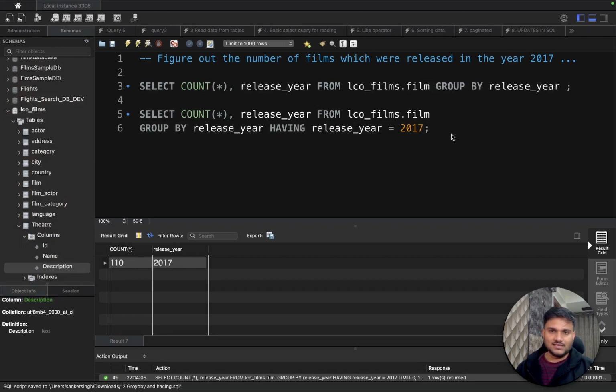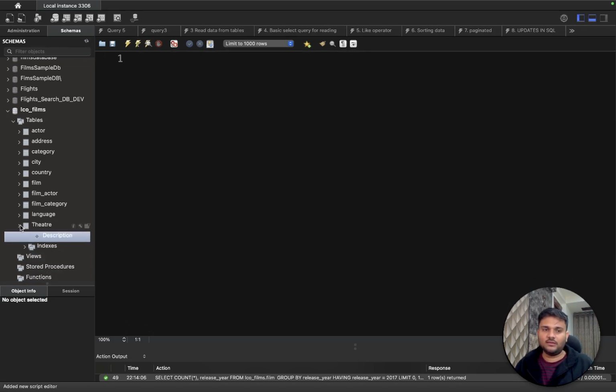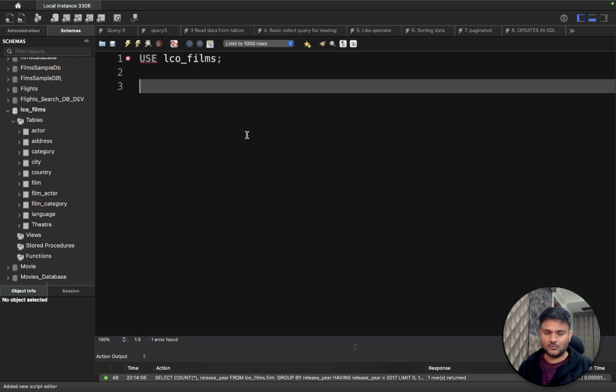So now, let's say you want to alter the structure of the table, let's say you want to add a column to the table, or remove a column from a table. Let's say you have prepared the table, now you want to change the structure of the table. How can you do that? So what we can actually do is there is an alter table command. You can do something like alter table and then the name of the table. So let's say theater. And then if you want to remove a column, you can say drop